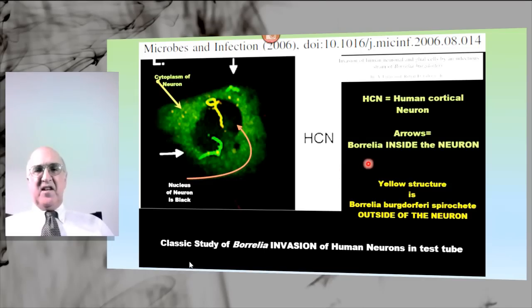The box tells us that the arrows pointing to the green Borrelia are Borrelia inside the neuron. They've gotten past the cytoplasm into the inner workings of the cell. They're inside the cell now, maybe inside the nucleus. And then we have a yellow structure, which is Borrelia spirochetes outside of the neuron. That's this one. It's stuck to the edge of the cytoplasm, so it's cytoplasmic membrane, but because it stains yellow, it has not yet penetrated the cell, either the nucleus